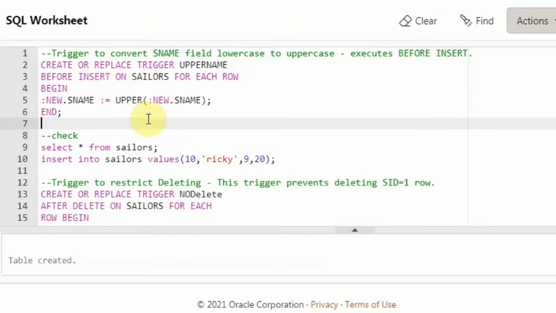And remember that for the insert operation, I mean before insert, the old value will not be there because you are inserting the new one, right? So there is no old value. So the old and the new reference variables will both be available only for the update. If you are talking about delete, the delete will not have a new reference variable, right? Something in the table you are deleting. So update, and only update, will have both the old and the new one. For before insert you will have the new keyword associated. For delete you can associate the old one. Okay, so this is regarding this.